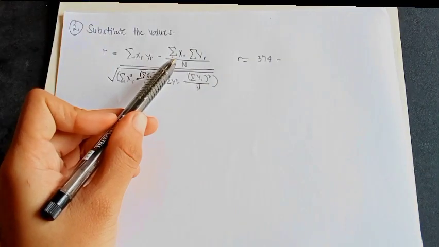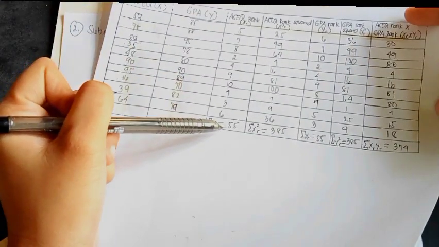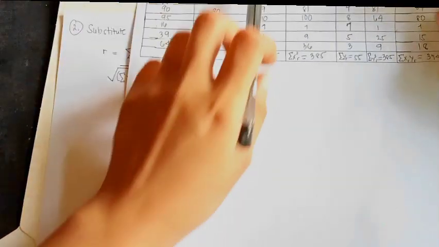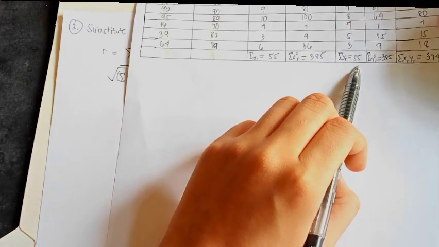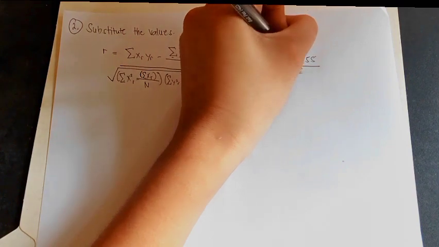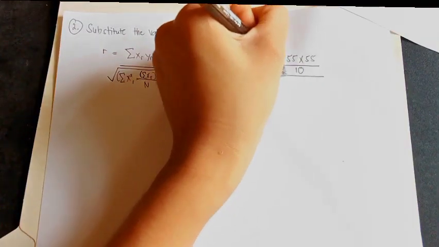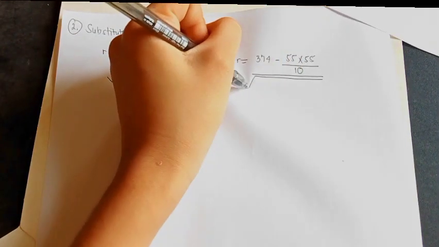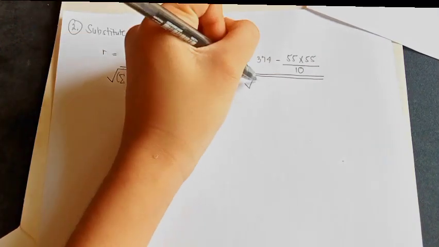Summation of xr and summation of yr. So let us find the summation of xr first. So here is 55, and the summation of yr, I suppose it's still the same, right? Yes, I'm right. So 55 times 55 over n. So what is our n? There are 10 numbers of students. So our n should always be 10. Over summation of x squared r is